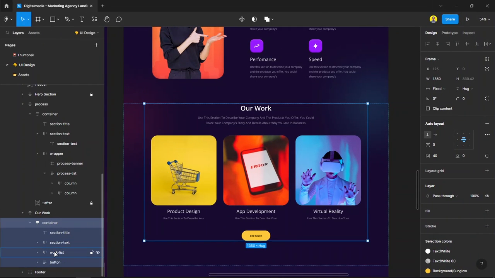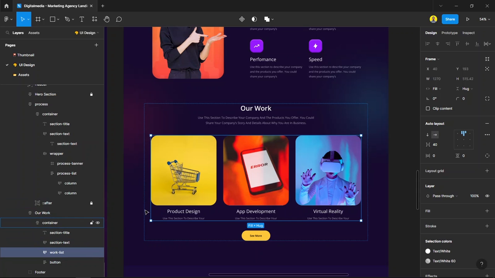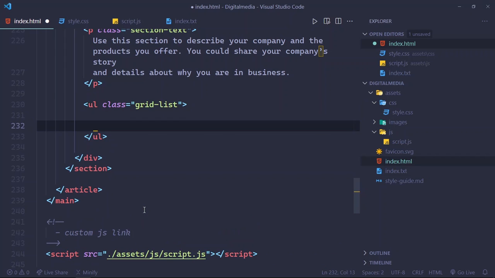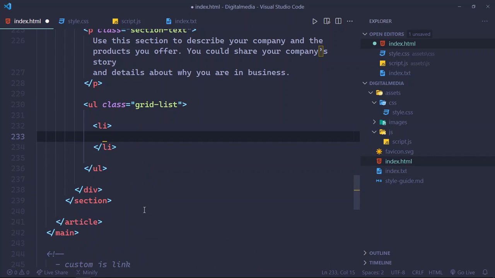You can see here. So work list. So ul.grid-list, and then li.works-card,